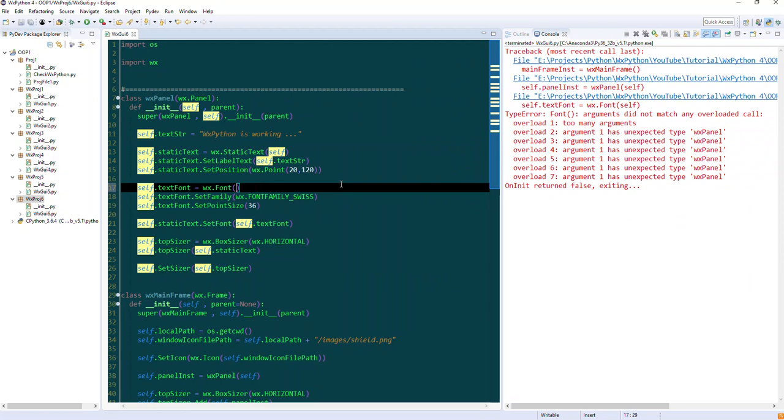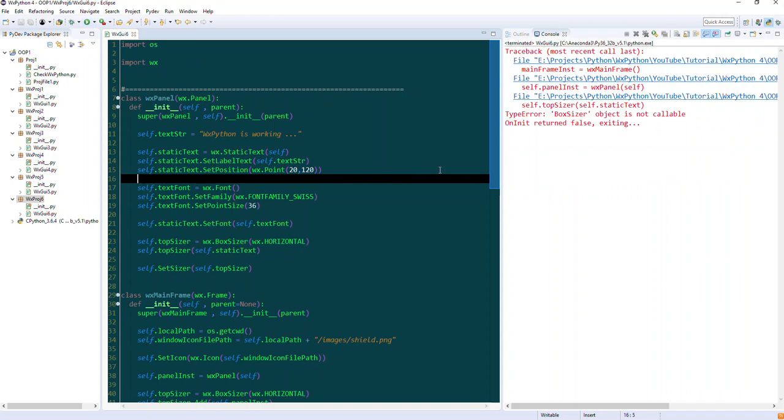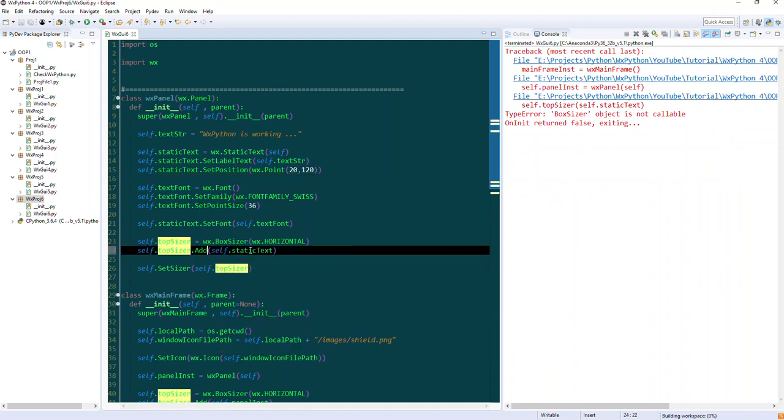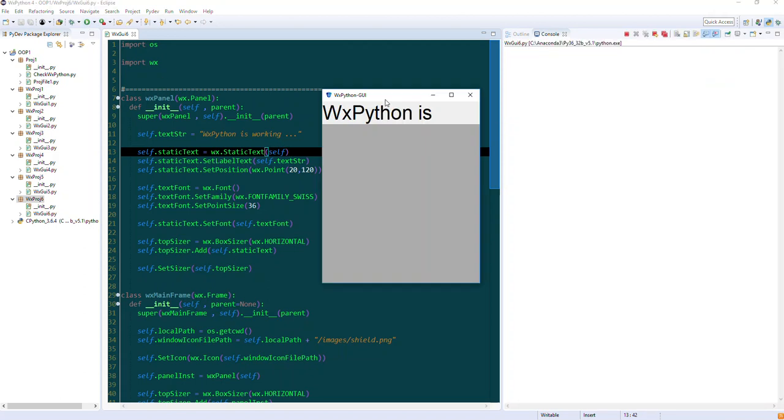So we don't have to provide a parent for the wx.Font, I think. So "BoxSizer object is not callable." So box sizer dot add. So we have successfully rendered